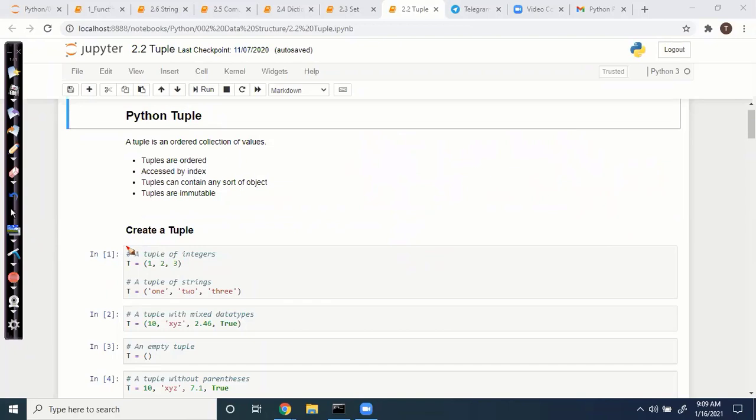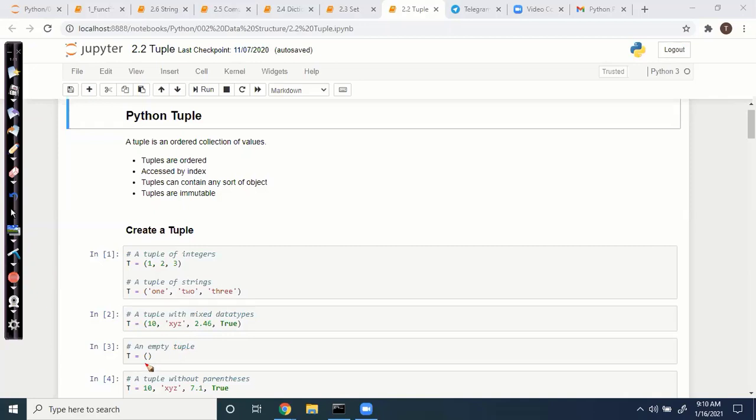How to create a tuple? You can create a tuple like this. You can just assign this object. If you assign this kind of values, the variable will automatically be converted to a tuple, because dynamically, based on the values, the variable is getting typed. That is one of the main features in Python. So we can do like this. It allows mixed data types, it doesn't matter.